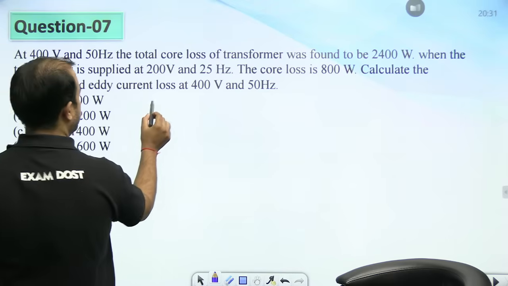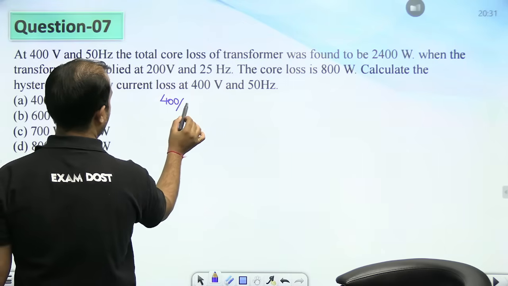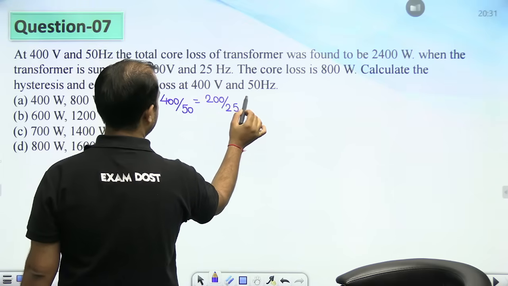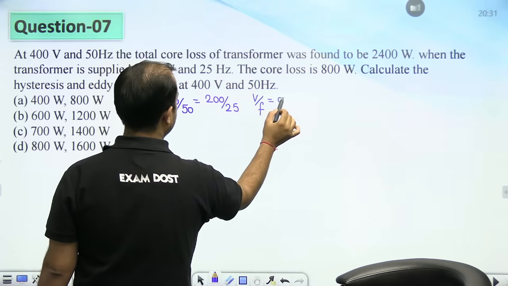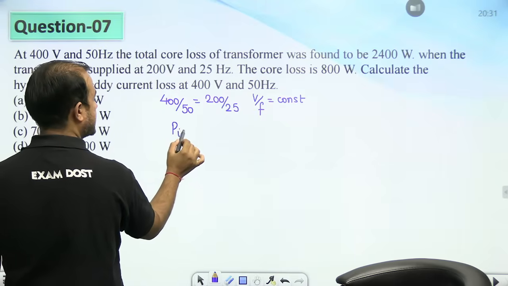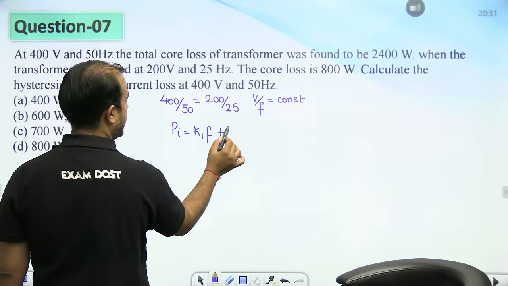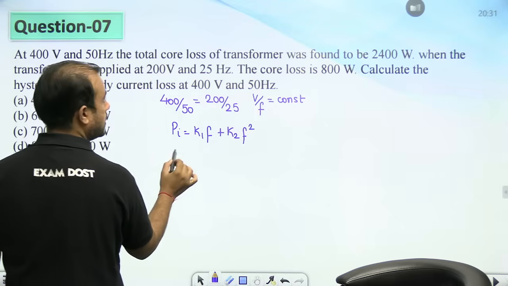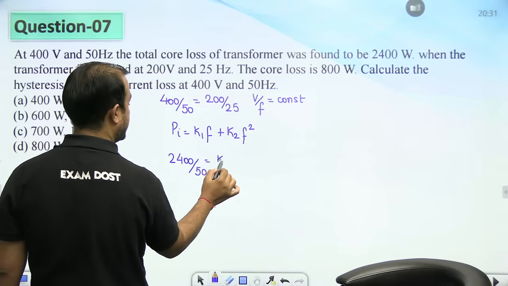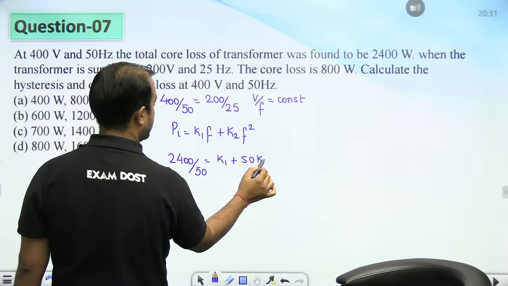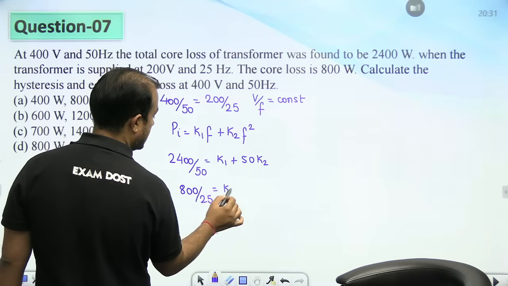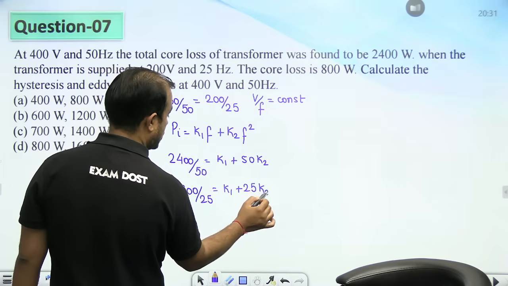ओके, so beta 400 by 50, if you see transformer is 400 volt 50 hertz and it is supplied at 200 volt 25 hertz. So that is, you can say V by F is constant. दोनों केसेस में V और F का रेशियो सेम है, तो आयरन लॉस विल बी K1F प्लस K2F स्क्वायर। ठीक है, तो 2400 by 50, because at 50 hertz it is 2400, K1 plus 50 K2, then 800 by 25, at 25 hertz it is 800. So when you take the difference 25 K2,